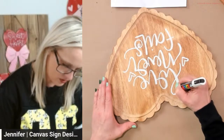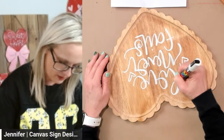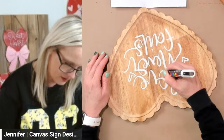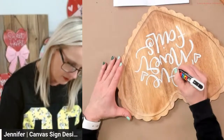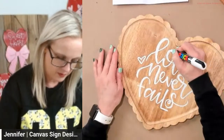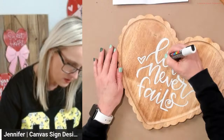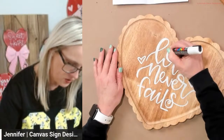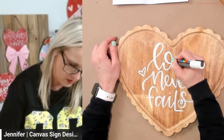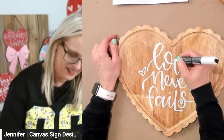All of our wood signs are MDF, so it's completely smooth and flat, and I think the graphite paper works better on surfaces like that, versus surfaces like this. And again, there's probably some sort of coating on these signs that you purchase. So just know that. If your pens are acting funny, anything can happen when you're lettering. It's not you. I mean, sometimes it might be you, but